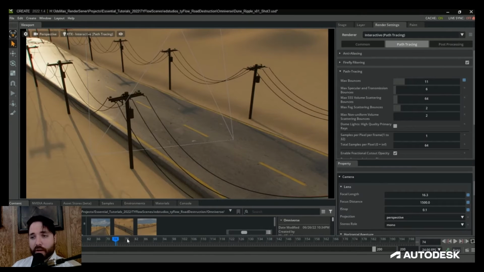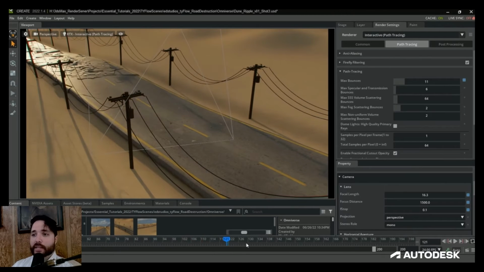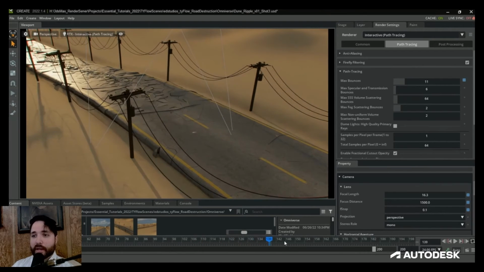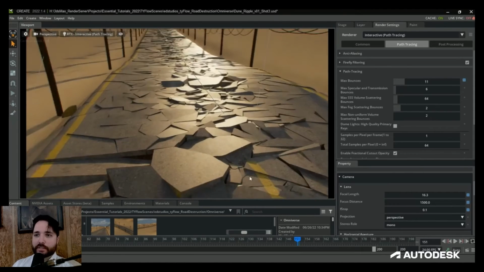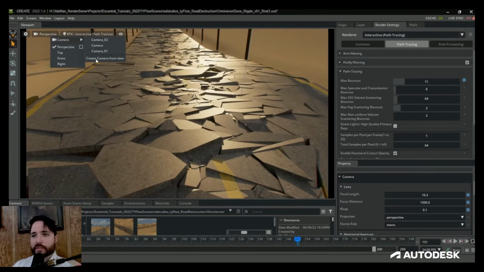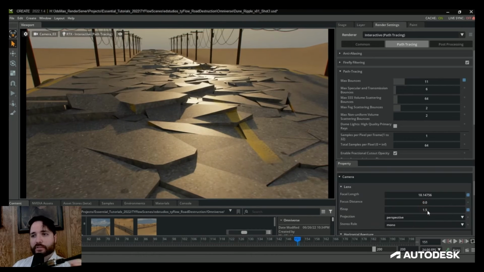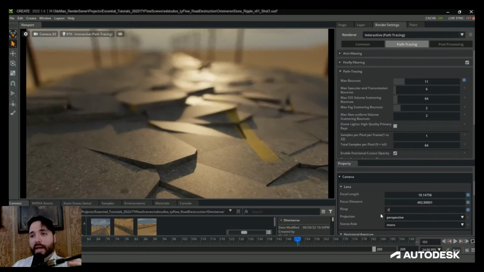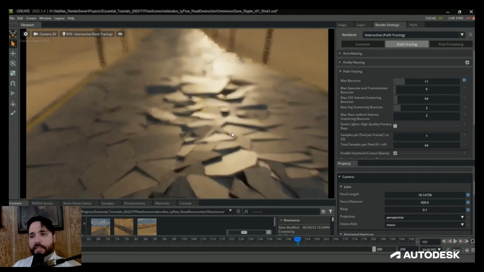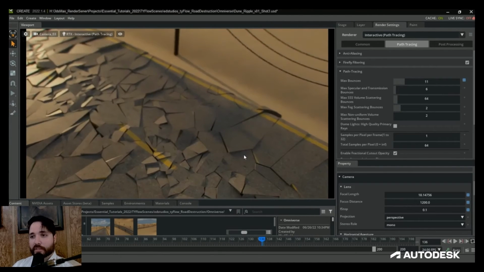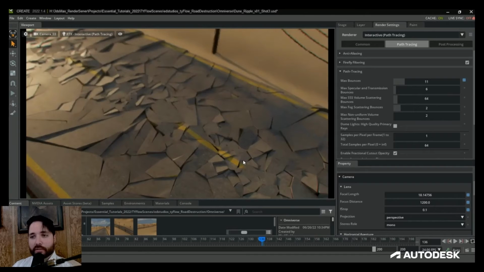So jumping into NVIDIA Omniverse Create once again, I converted my FBX files into USDs, and I dragged my Alembic files into my scene. Now, depending on your materials in 3ds Max, you sometimes have to rebuild your shaders in Omniverse. In my case, the road texture and sand materials were fairly simple, so I just added a simple OmniPBR material to my road, and I just selected my original diffuse texture. As I mentioned before, the only bottleneck for me has been working with large Alembic files, but for dialing in camera angles, depth of field, and lighting, everything still remains incredibly fast when iterating on your 3D designs.